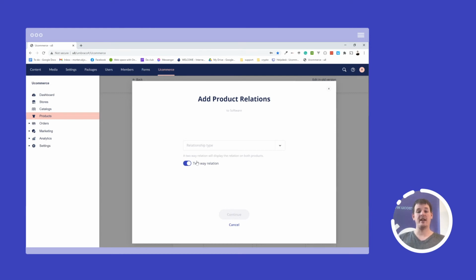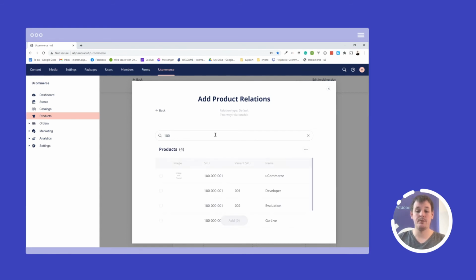Or it could be having a cross-sell. Wouldn't you also want a DVD player or a PlayStation 5 for your TV? That's a cross-sell opportunity. All the relations can be based on a type. Types can be maintained under the settings area in UCommerce, so you can have the relation types that make sense for your webshop. A relation can be one-way or two-way, depending on what you need. So does the arrow point in both directions is basically what this means. So for the products that I'm selecting, will I see the other one as a related product as well? Maybe not. It depends on your type.